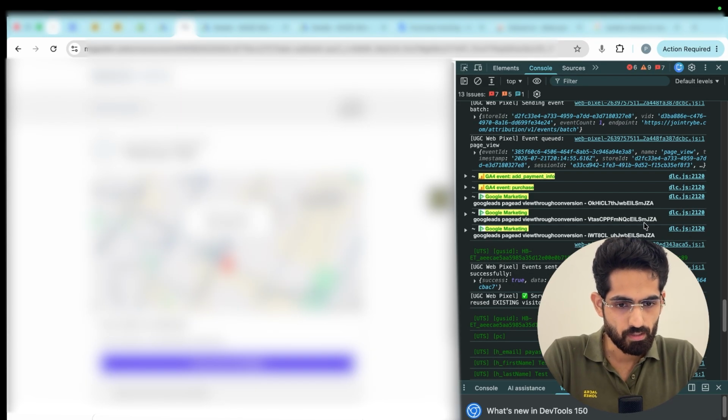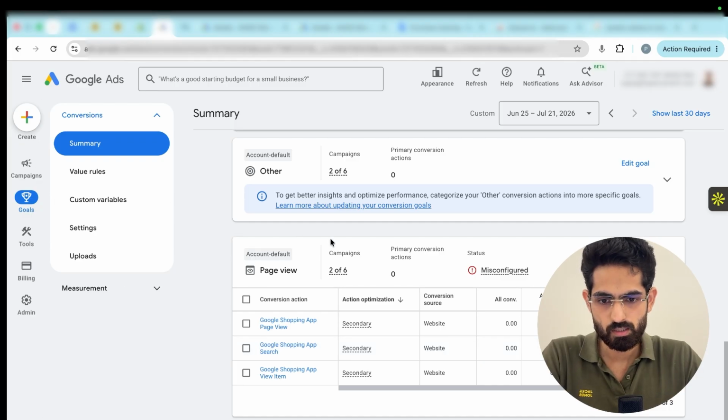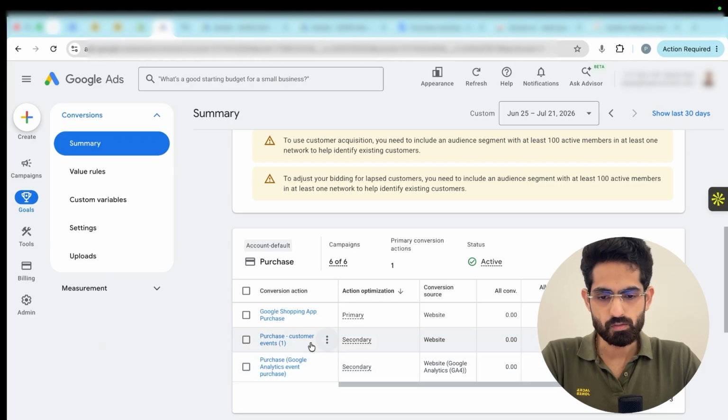So complete the order. Wait a second. Alright, complete the order. Okay, let's see what do we got here. So again we have 2 or 3 being fired here. Let's see what is the scene. Okay, we do have 3 conversion actions. One of them is with GA4, which I don't like anyways, but I'll make sure that the rest of the 2 are being fired. So copy this,